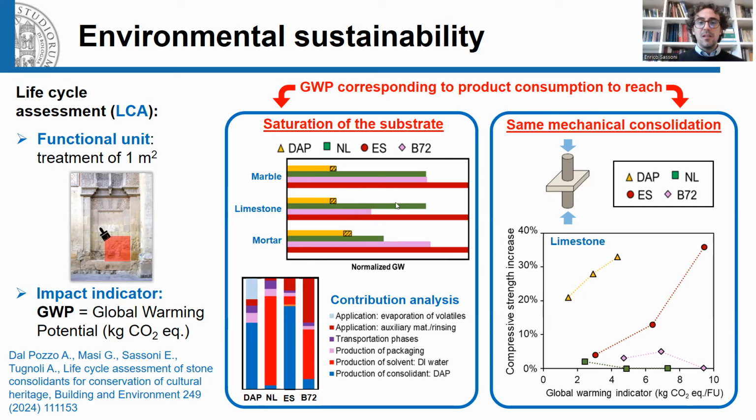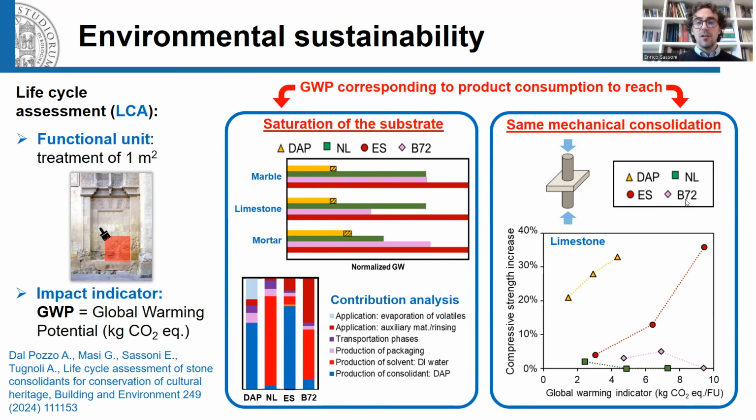And as you can see here, in terms of global warming potential that is linked to the saturation of a given substrate by different consolidants, we can state that DAP leads to a lower global warming potential compared to the other consolidants, mostly because its solvent is water, while organic solvents or various compositions are used in the case